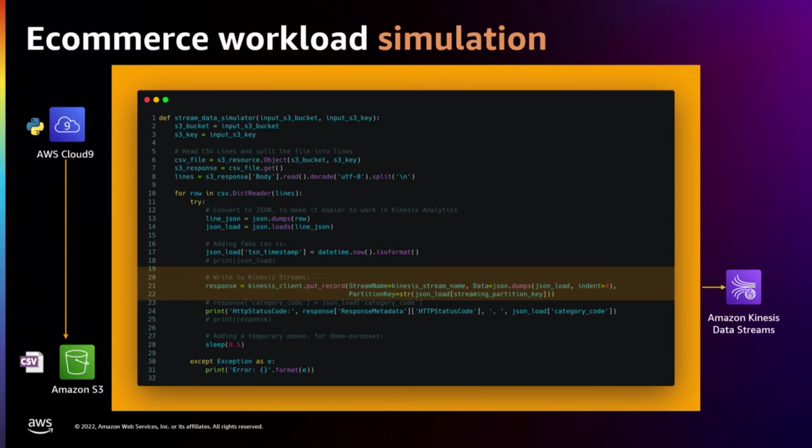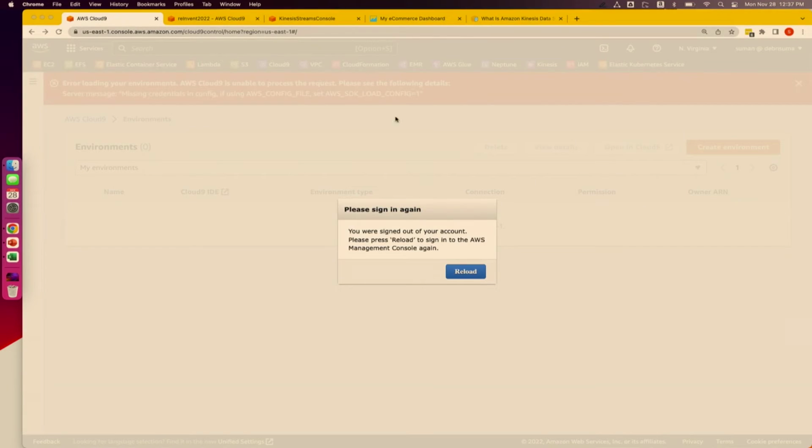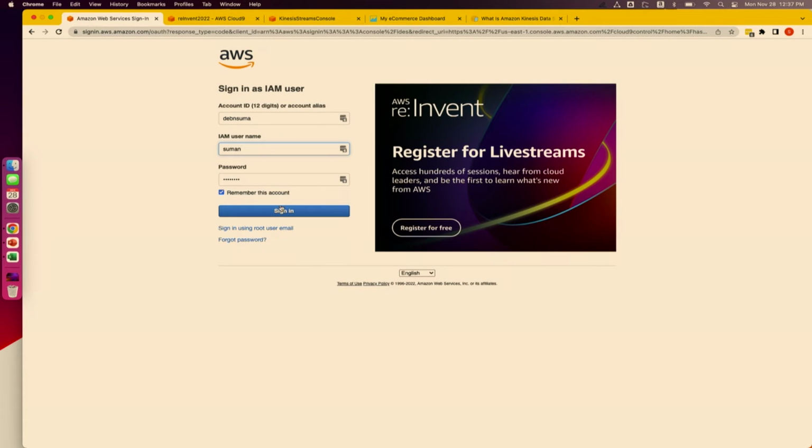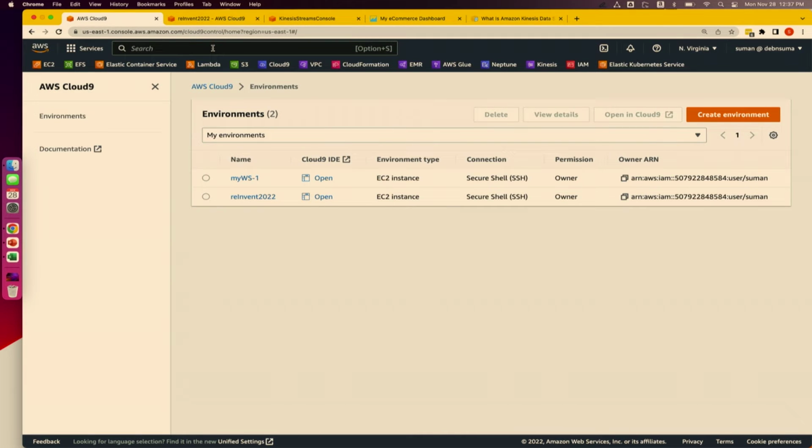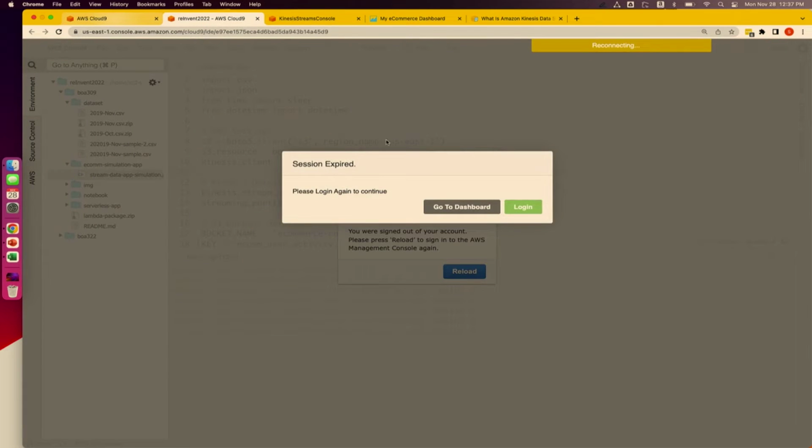All right, so let me go to the demo. No matter how much you prepare, it will always log out when you start the demo. All right, so we are going to use a Cloud9 instance. I have created a Cloud9 instance here, which we are going to use. I have opened it, but I'm sure it will go, yes. So let's reload it. How many of you use Cloud9?